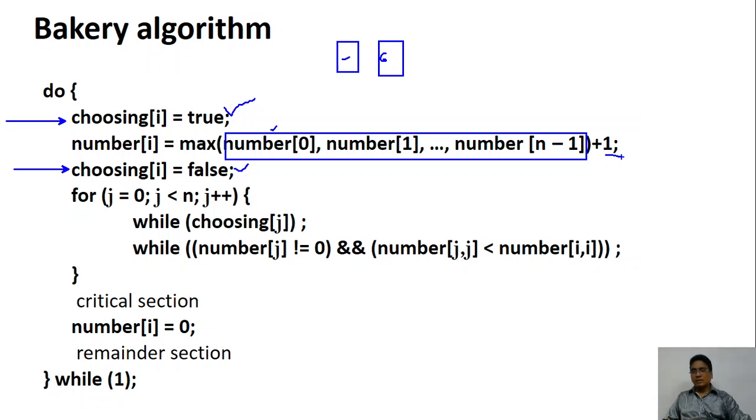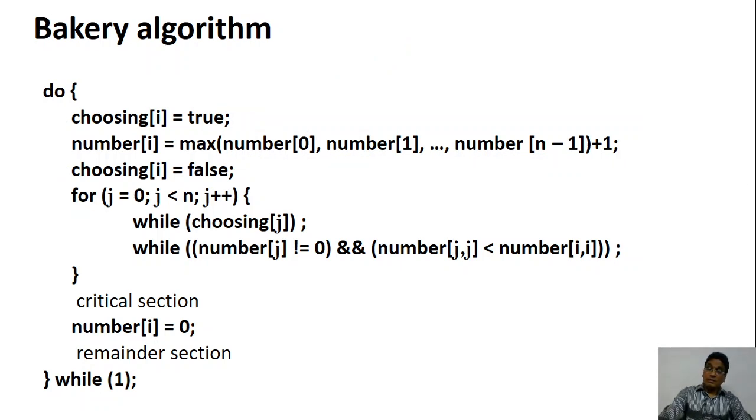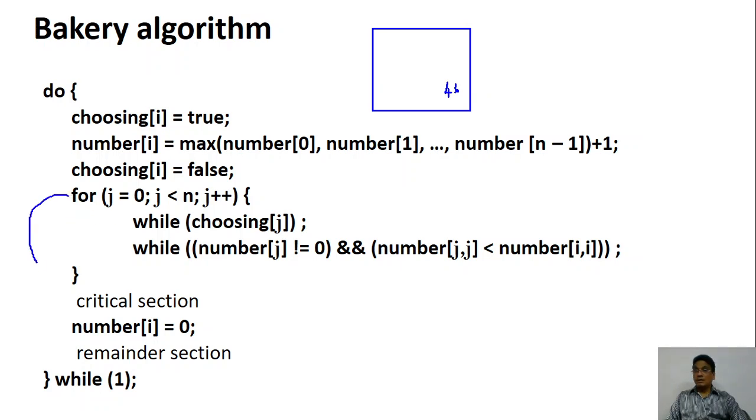So choosing is completed. Next, a token is given to you. Can you go and get the bread now? The answer is no, you can't. You have to check your token number. Your token number is 46, so you wait for your token number to come. You wait until all of them are gone. So it is your turn or somebody else's turn, you don't know, you have to wait.